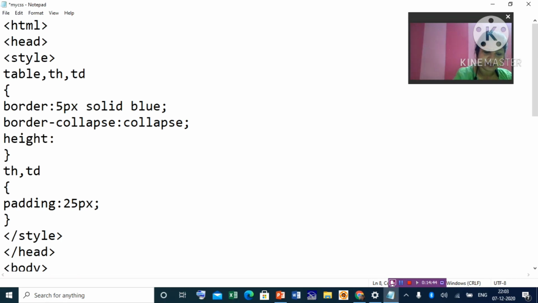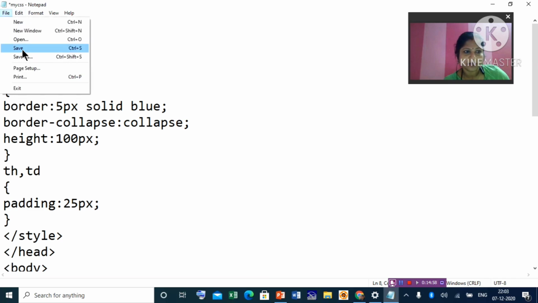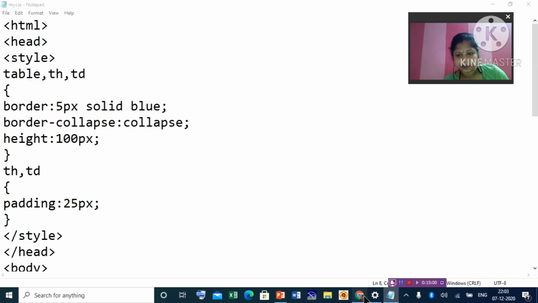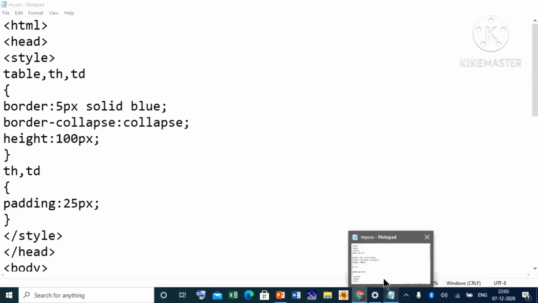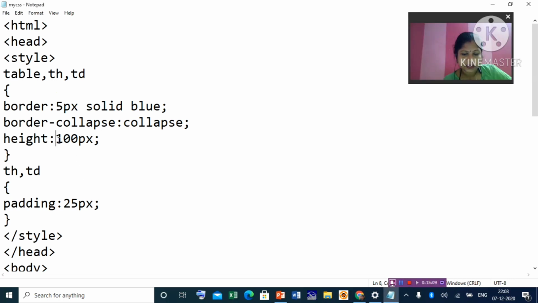It can be given in percentage, pixels and points also. Suppose I will write here 100 pixel. Table height will be increased by 100 pixel. Save. Table height increased. If you want more, then give more value and you can see the changes.